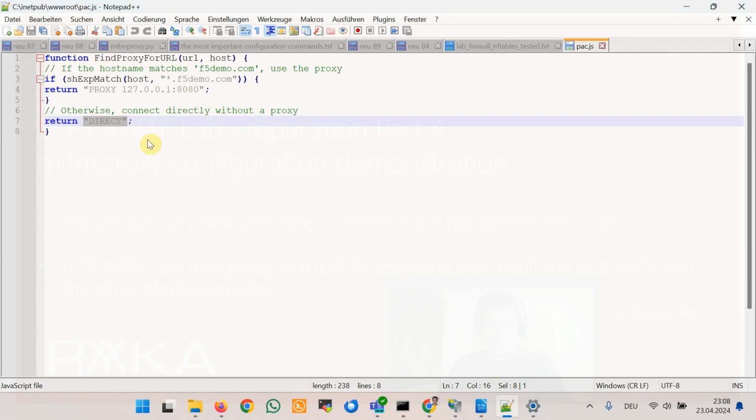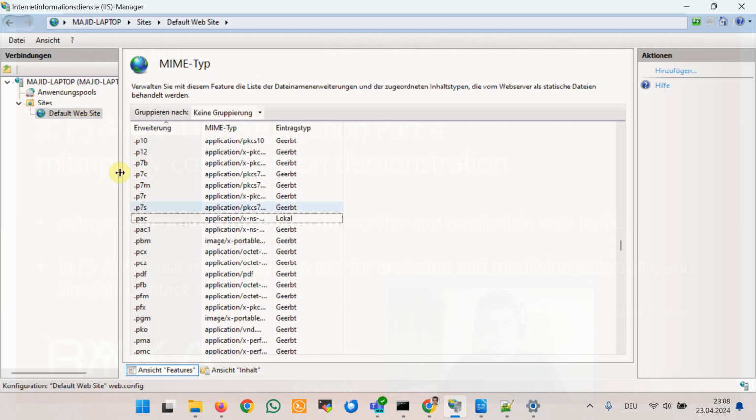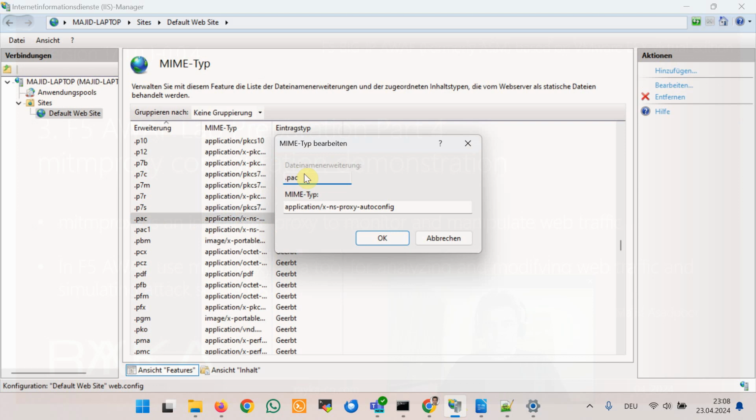This code says that only traffic to the destination with the domain f5demo.com is routed through the proxy with this IP address and port number. Otherwise, the other traffic is directed directly. In the second step, I registered a MIME type in IIS in the default website with the name .pac and the type application/x-ns-proxy-autoconfig. It is also required to be configured for using a PAC file in Windows, just to route a few traffic